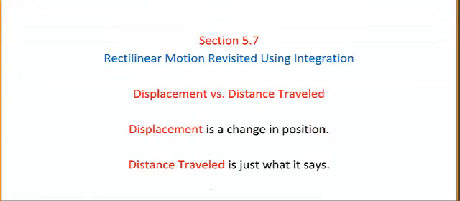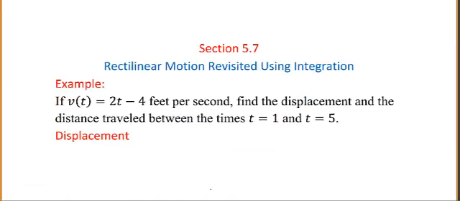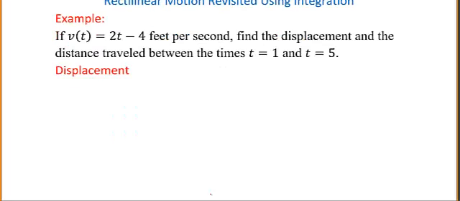Let's take a look at another example. In this case we're going to calculate displacement and distance. Remember, displacement is a change in position, so it would be s of t, the final value of the time, minus the initial value of the time. But if you think about this, that's just a definite integral of velocity from the initial time to the final time. So let's suppose that our velocity is 2t minus 4 feet per second. The displacement,